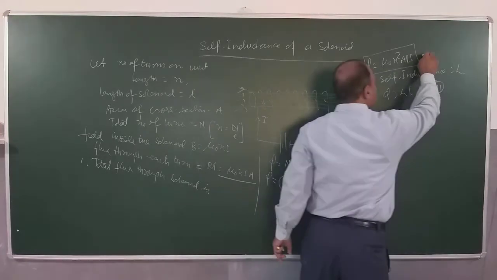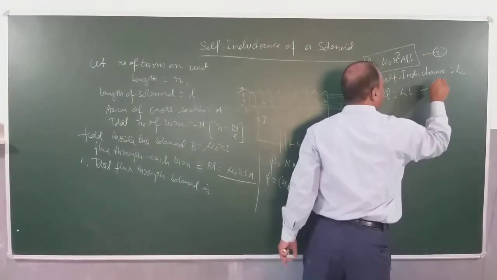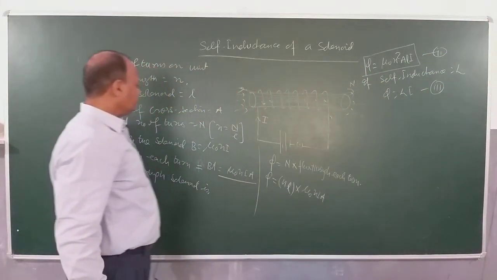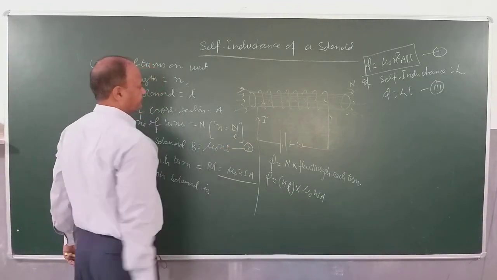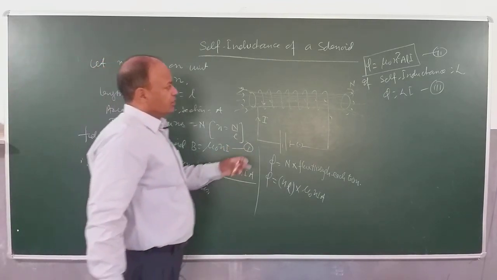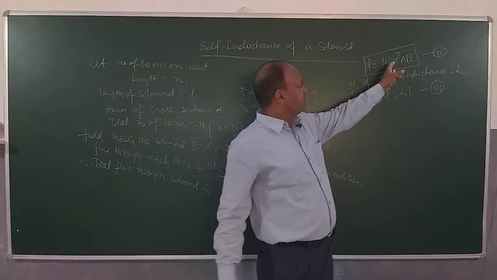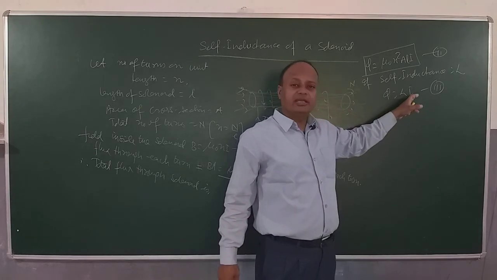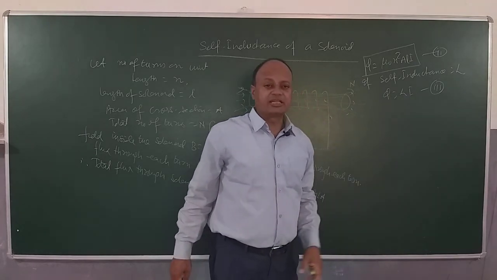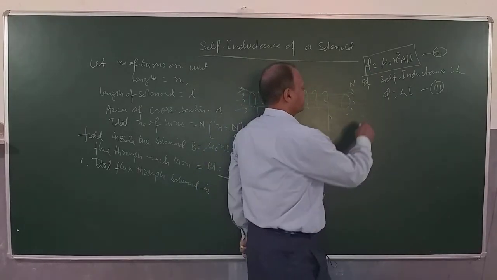I said this is equation 2 and this is equation 3, and this is equation 1. I got the value of phi in terms of number of turns, area of cross section, length and current, and phi equals L into I, where L is self inductance. If I equate 2 and 3,